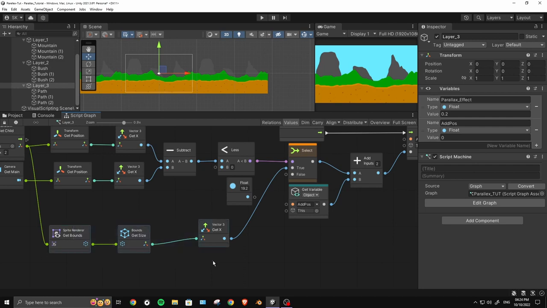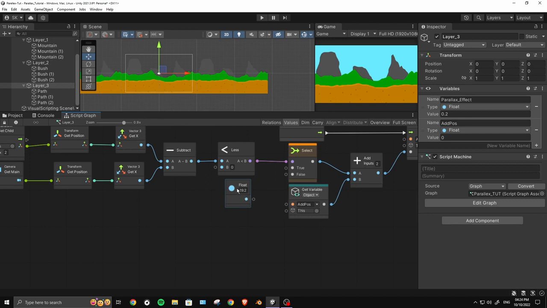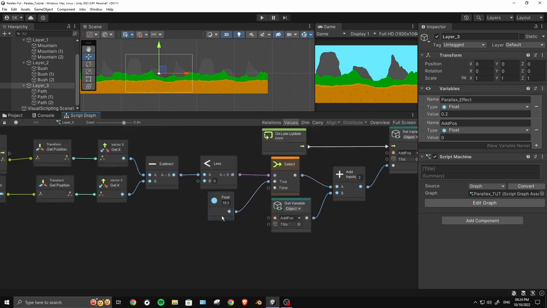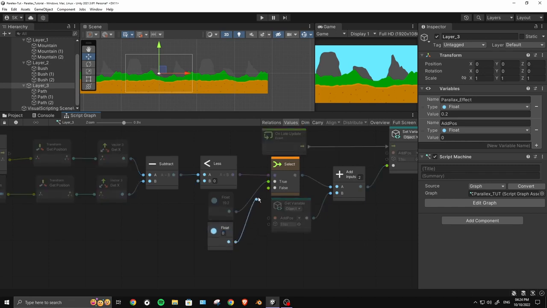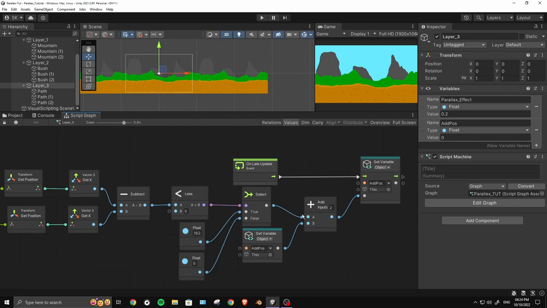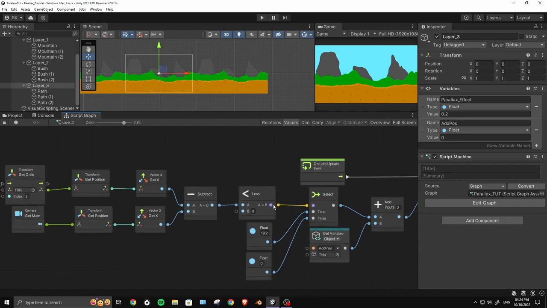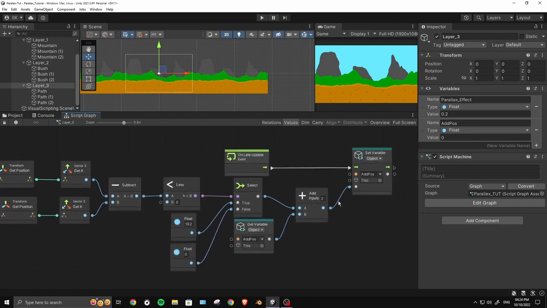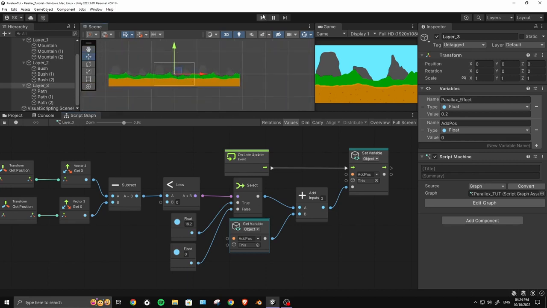But I think I will prefer to not go this long because I already know the value. 19.2 is the value, so I'll plug that over there. Control D to duplicate it. Let's plug 0 over here. Let's plug that into the false, because once this is false we don't want to add anything, so it will turn 0 and it will stop adding it once it is done. So now if I hit play,